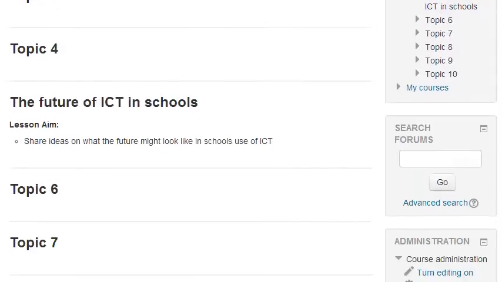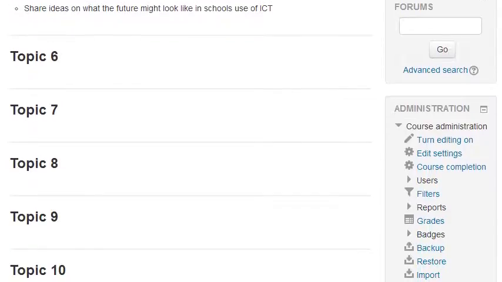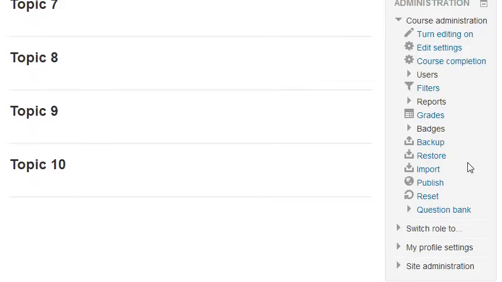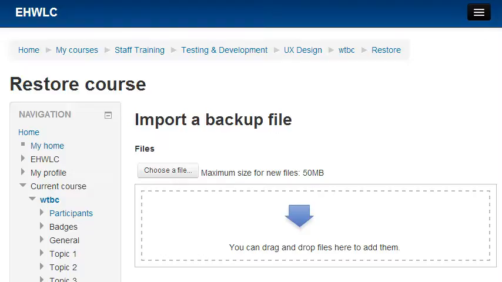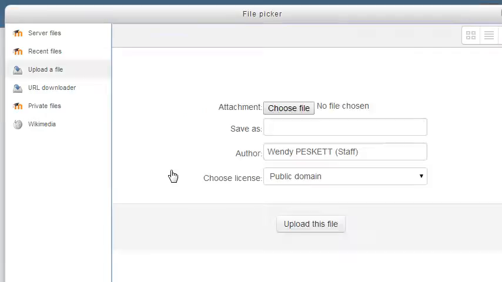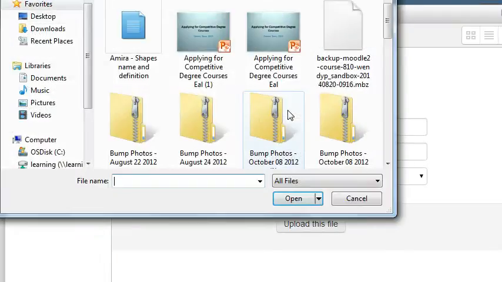I'm now going to look along on the right hand side again where we found backup before, but this time I'm going to click on Restore. I'm going to choose a file to restore. At this point in the file picker I click on Choose File again, and then I look and I find